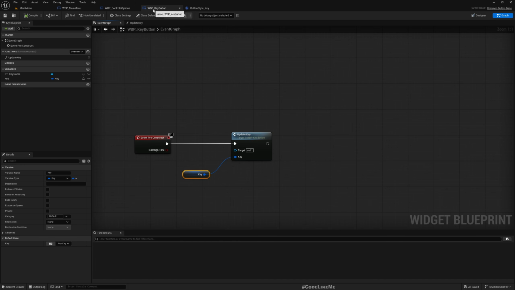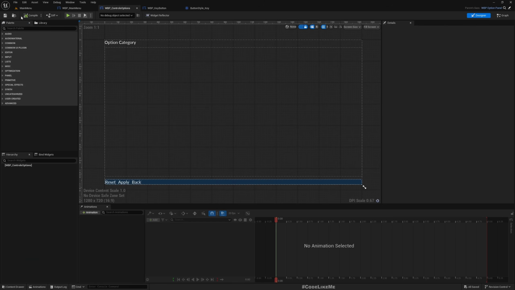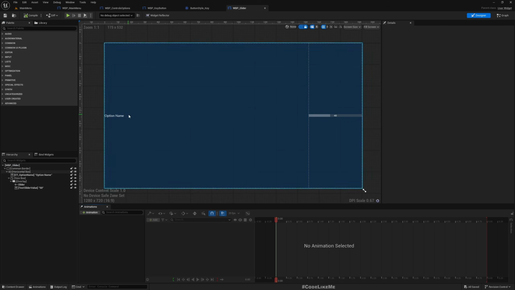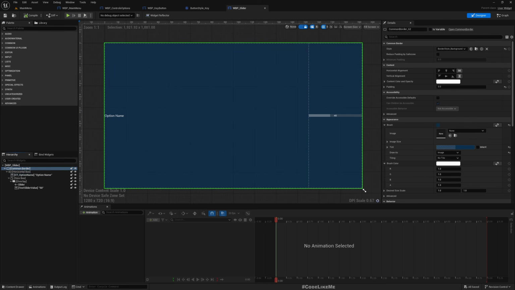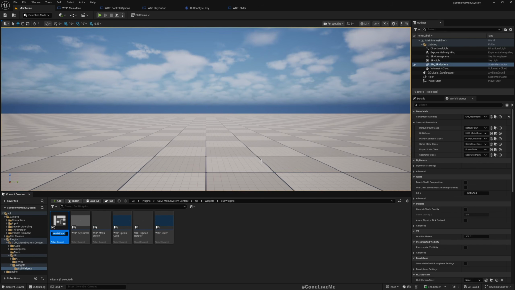Okay, now using this button, we would need a separate option line, something similar to this one. We need the name that would say the name of the input, and then here the button. So this is a user widget, normal user widget. Similar to that, I'll create a user widget, WBP option key,